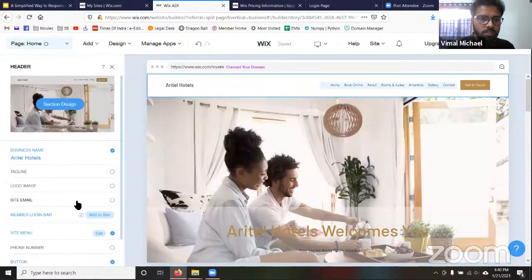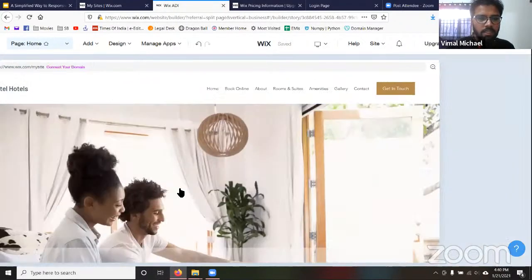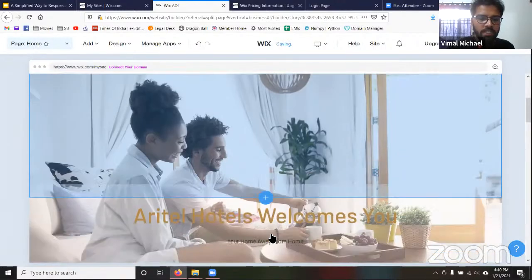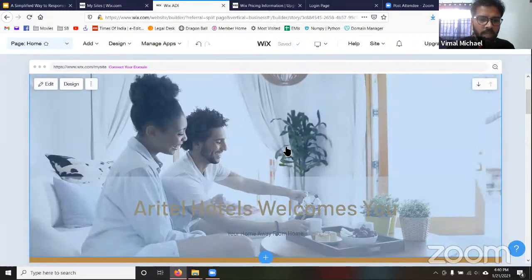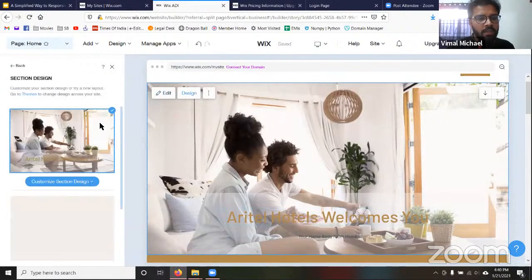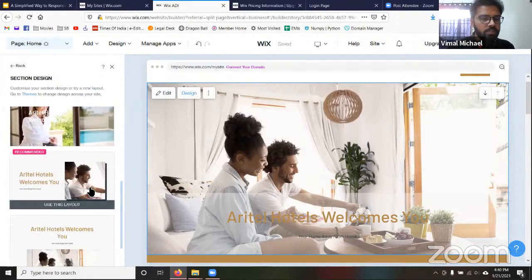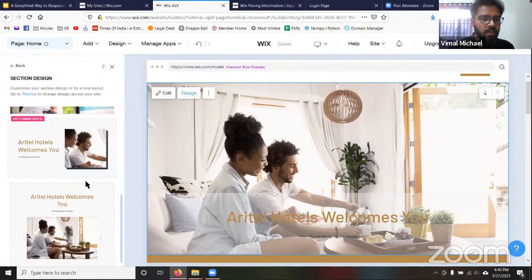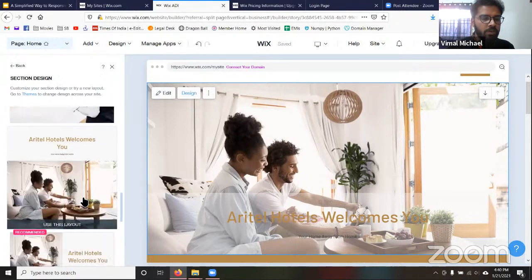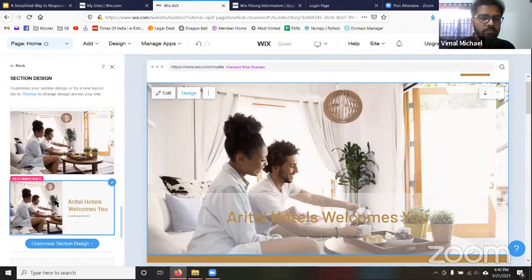That's it. So this is just the header. Once that is done, I just want the fonts here, which are not readable because of the background image, so I can see how I can change it. It gives me a different look and feel, right? It has multiple varieties and so on. It shows me recommended,